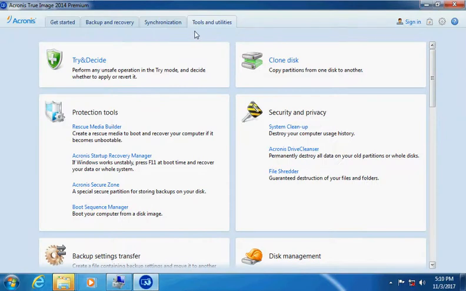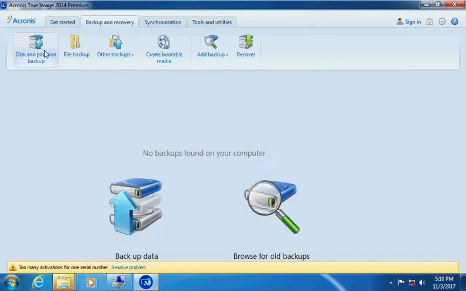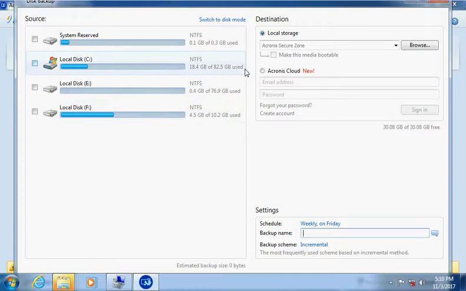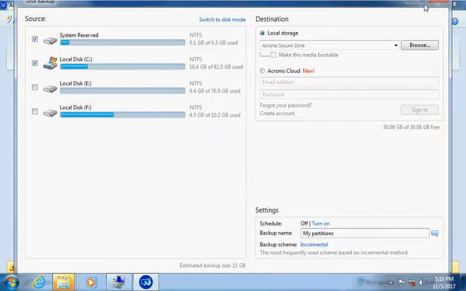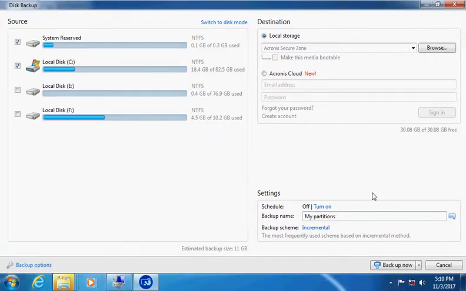After my secure zone has been created, I will go to the Backup and Recovery tab. I will choose the Disk and Partition Backup. Here I will choose my System Reserved and C drives. Then it will be stored in the Acronis Secure Zone. I will change this schedule to Do Not Schedule. I will maximize this window and change the backup scheme